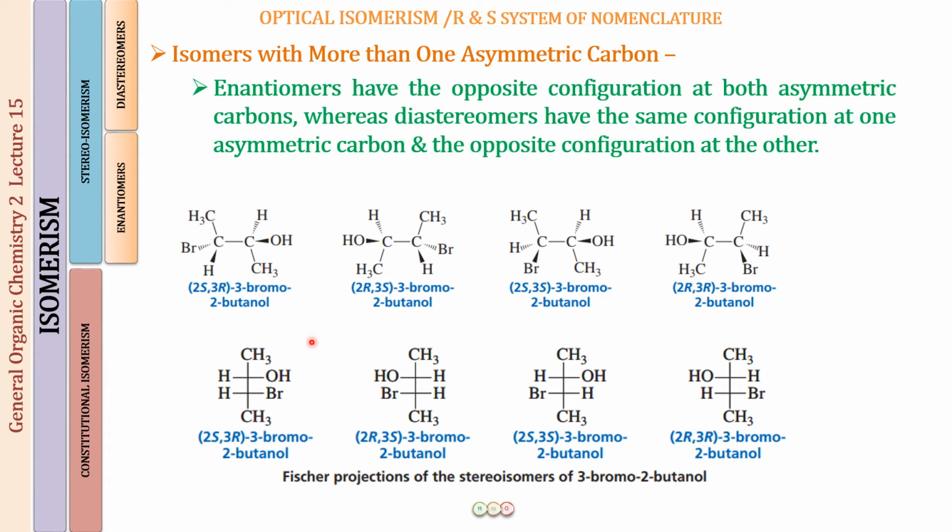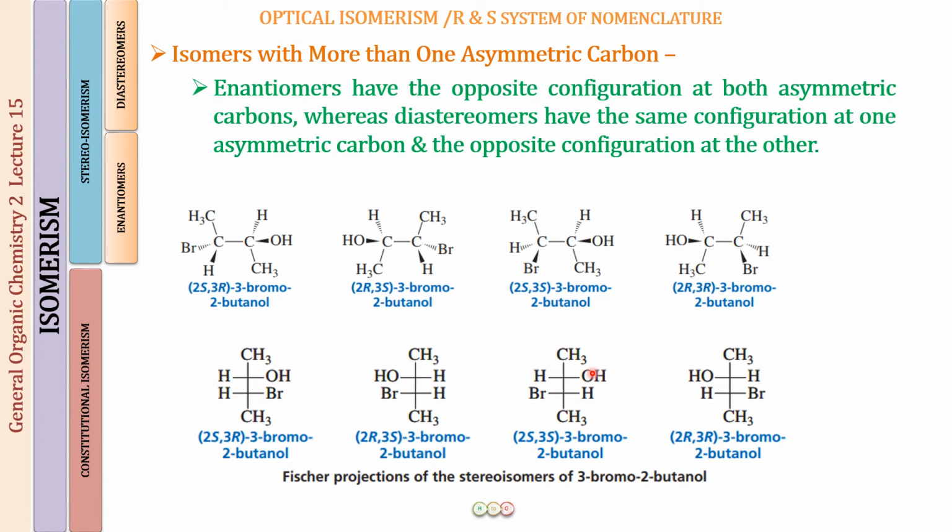So you can just look at, first of all, they were stereoisomers and now they have just different configuration at both asymmetric carbons, and we found that these two are enantiomers. Now if you look at this one and compare it to structure number 1, here it is a 2S and a 2S, that means this is the same configuration at C2, and a 3R and a 3S. At C3 we have a different configuration, the opposite configuration. So this means that this is going to form a pair of diastereomers.